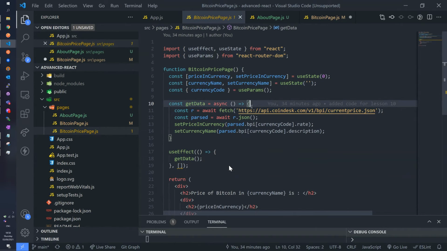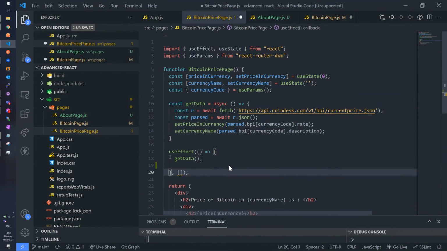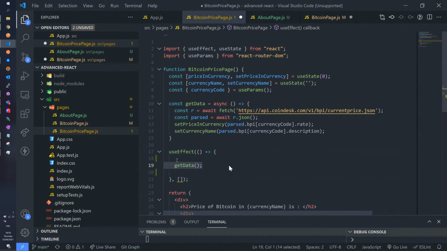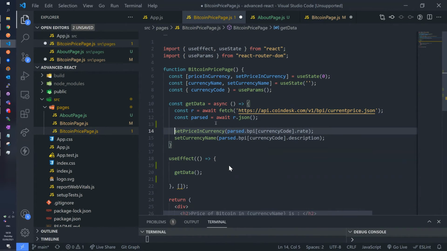But for simplicity, we're just going to do the following. Here again, we specify that same useEffect. We're still getting the data when we start the server, downloading exactly the same code.